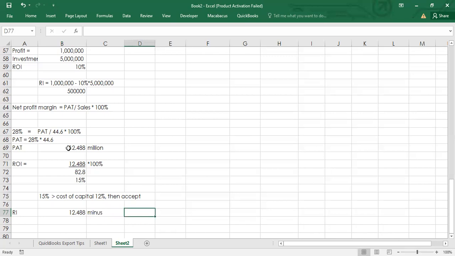Nominal interest is given by the cost of capital, which was 12%, times the investment you're putting in. And these guys are putting in 82.8 million. So our residual income will be equal to 12.488 million minus